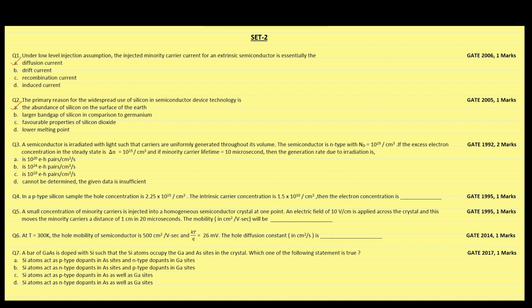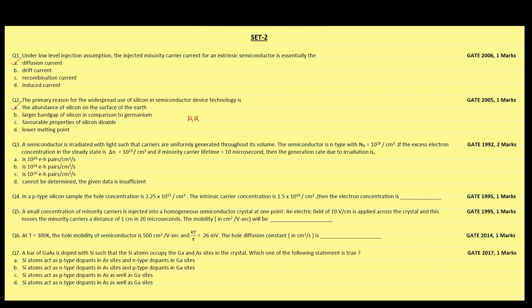surface of the earth. A semiconductor is irradiated with light such that carriers are uniformly generated throughout its volume. The semiconductor is N-type with doping concentration 10^19 per centimeter cube. If the excess electron concentration in the steady state is 10^15 per centimeter cube, and if the minority carrier lifetime is equal to 10 microsecond, then the generation rate due to irradiation is,